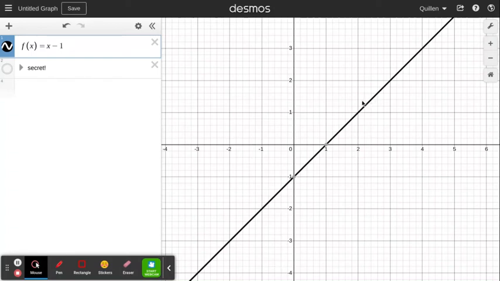Well, we can just look at the graph. If you look over here, right at x equals 2, you go up until you find the line, and that is at y equals 1. And I'm sure that you know how to do that. That's a very basic Algebra 1 level skill. And you can check on Desmos by tracing along the line to the point you want, and you will find that indeed x equals 2 means that y, or f of x, equals 1. Having some trouble maintaining it there, but you see the idea. I'm going to try and move my cursor out of the way so you can see it a little better